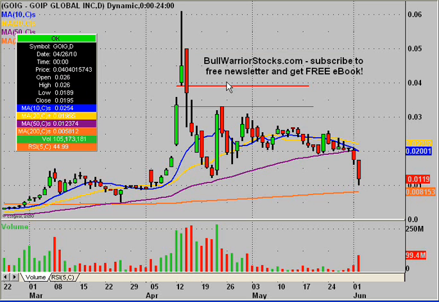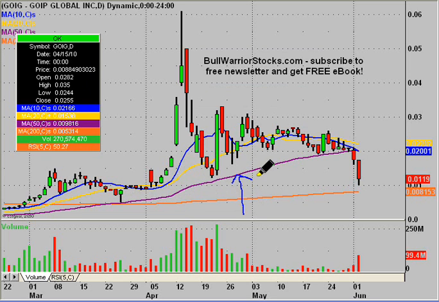These lines up here are just from previous times I did it. Right now they don't really mean too much. So let's just dig in. If you've watched my videos in the past, you know that I've talked about this 50-day simple moving average quite a bit, this purple line.